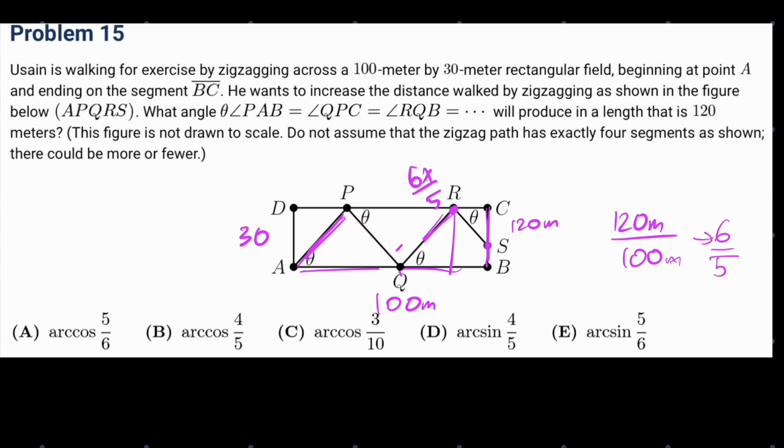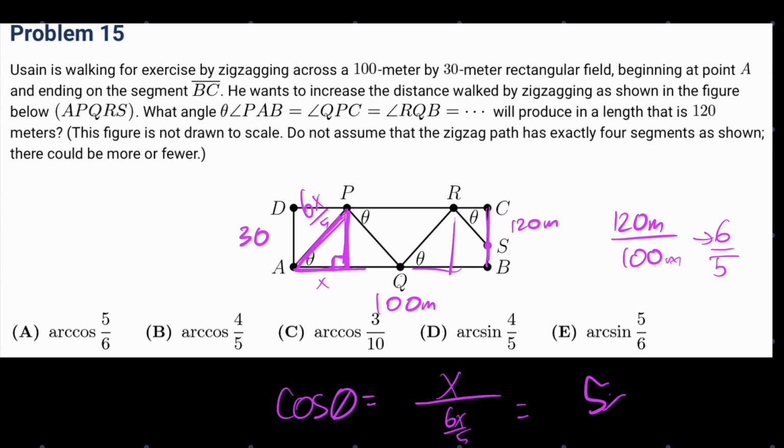Now, how do we use that to our advantage? We can just stop him at an arbitrary point, let's say P, drop a perpendicular here. We know here he has gone 6x over 5 times as far as just horizontally. So we know cosine theta is equal to x over 6x over 5, which is 5x over 6x, or 5